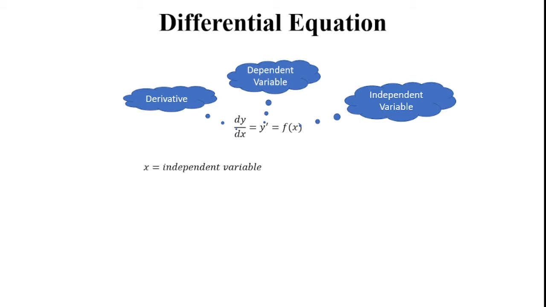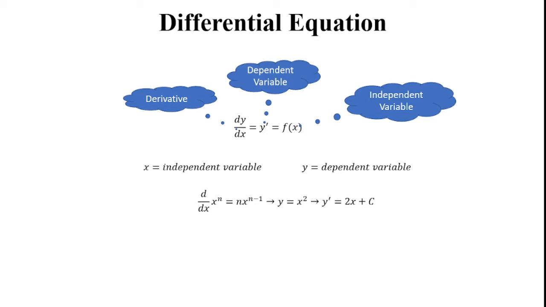So, this is the form of a differential equation. Here, x is the independent variable and y is the dependent variable. Here, how can we perform the differentiation? Yes, d by dx. For example, if I consider x power n, the general formulation is n into x power n minus 1, which is the general formula of differentiation.